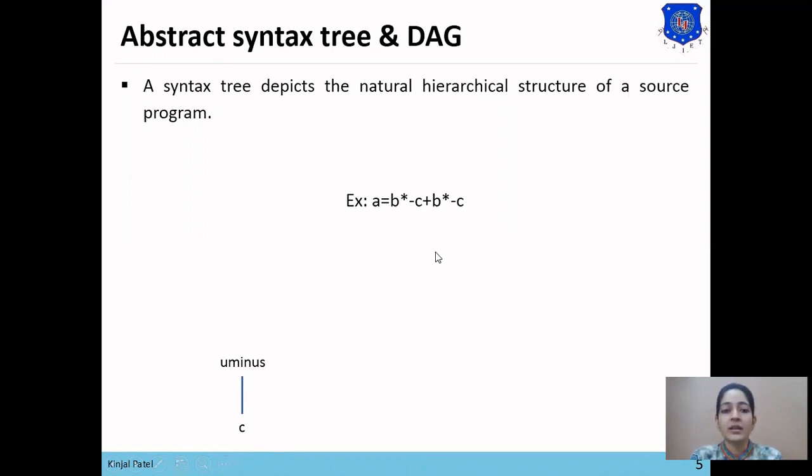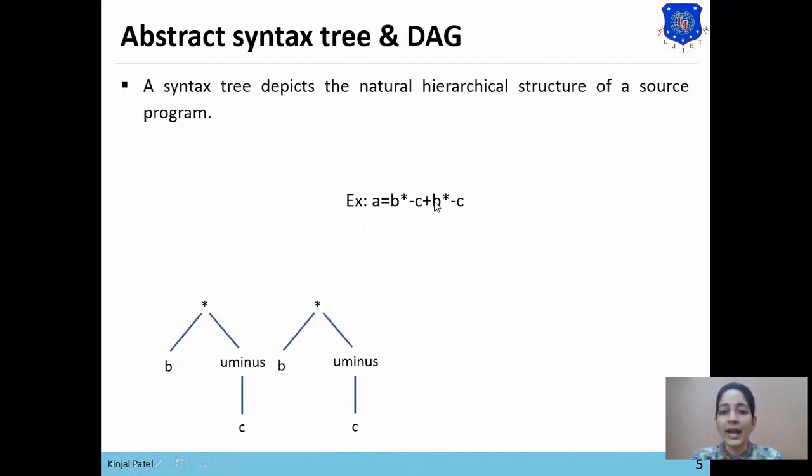Now next, B star minus C. Here minus C will be multiplied with B, so B star unary minus C. Now in this expression, there is a redundant sub-expression, a common sub-expression, which is B star minus C and B star minus C. So again we want to perform the sub-expression B star minus C. So first, unary minus C. Now this unary minus C will get multiplied with B. So here two sub-expressions have been constructed.